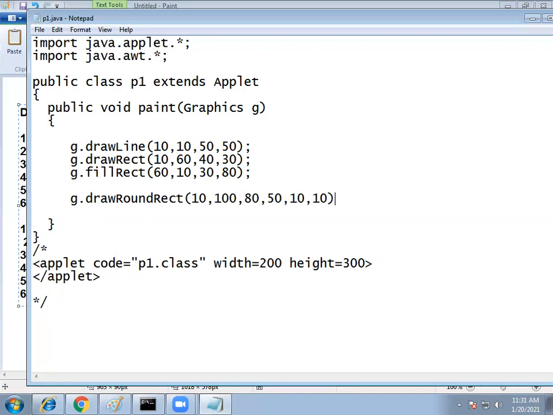So height and width also you need to specify.